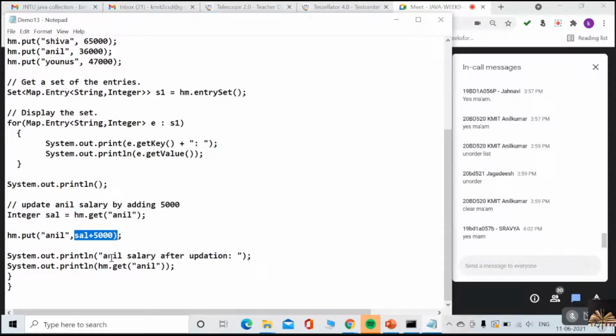After the salary got updated, how do we show the updates? Get of Anil. Understood?